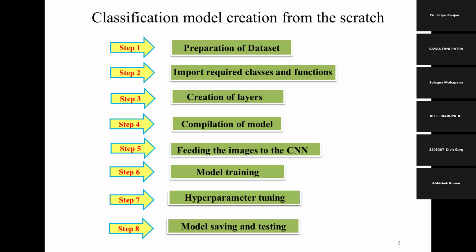Out of these all 8 steps, which steps have we already finished in the previous session? We have already discussed how to prepare the data set and what could be our input, and also what are the important classes or packages we need to install or import, and creation of layers, like details about the convolutional layers and what is the use of filters, padding, stride, and how many convolutional layers we need, all those things. And then the dropout, dense layer, all those concepts regarding the layers, we have already covered. Next we go for step 4, which is the compilation of the model.